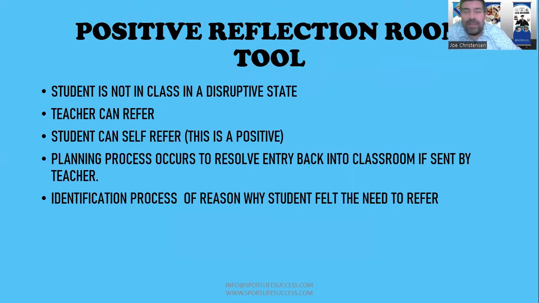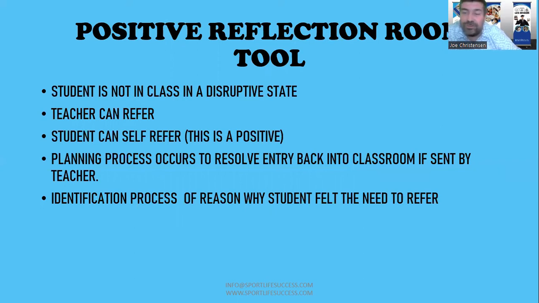So a little bit about the positive reflection room tool. The reason we have it is that teachers will often use it to remove a student who has some misbehaviours in class, so that the rest of the class can move on and flow and get on with the lesson. What will happen is a teacher will refer that student to the reflection room,